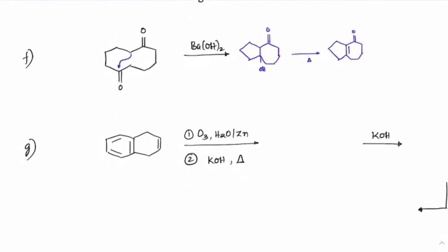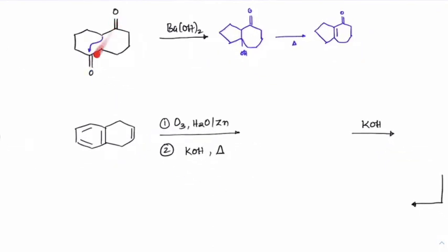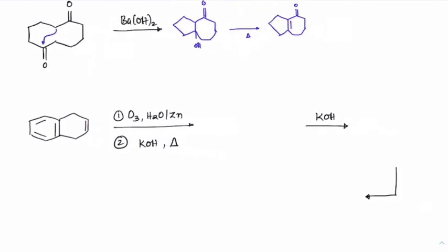Sometimes the question would start, rather than starting with the aldehydes or keto form, from ozonolysis, right? And this is a previous IIT question where first we start with the ozonolysis and then do the reaction with KOH so that aldol can be seen. So on ozonolysis we know that this double bond will break, and zinc is given, so it is a reductive ozonolysis. So first we would get